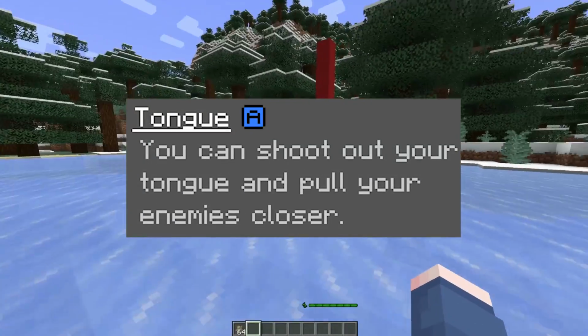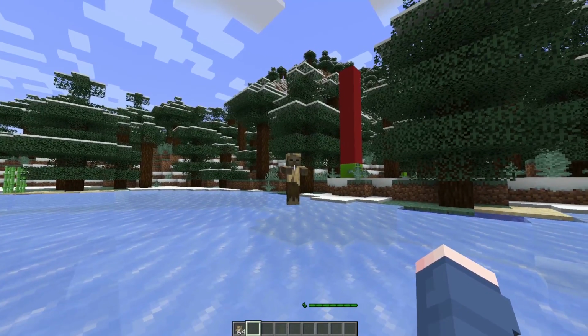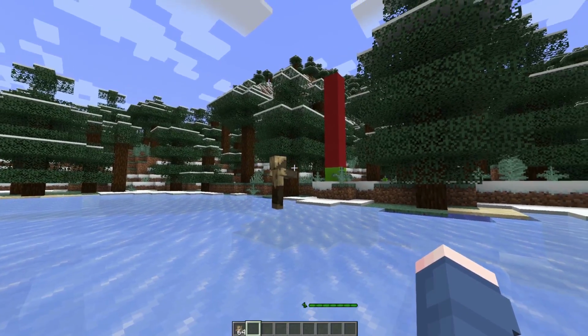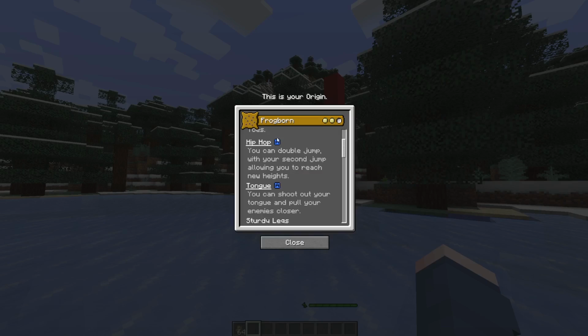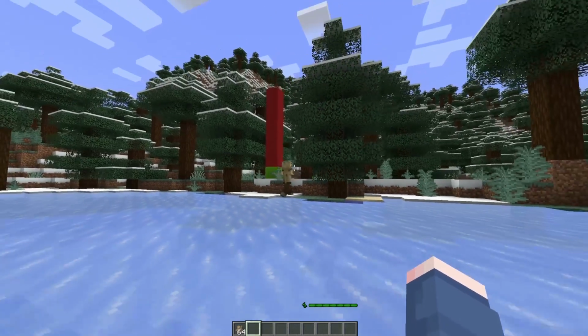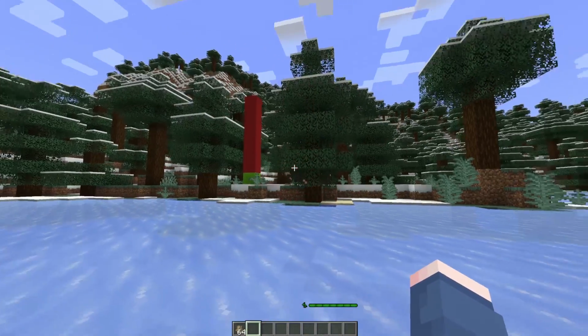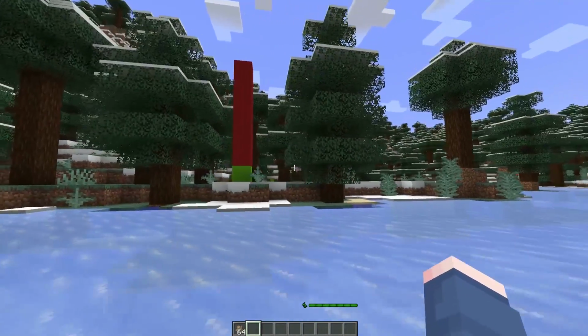Tongue, you can shoot out your tongue and pull your enemies closer towards you. Again, there's a lot of quirkiness with this ability, quite like there is with the other ability, mainly because I can't quite gather the precise range this ability will actually have any effect. It seems to be somewhere around the 10-15 block mark is when it may stop working as well, but then